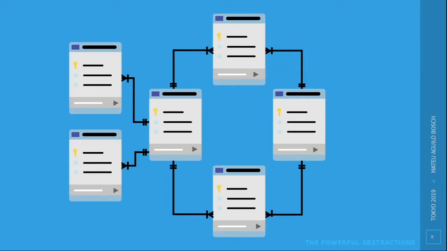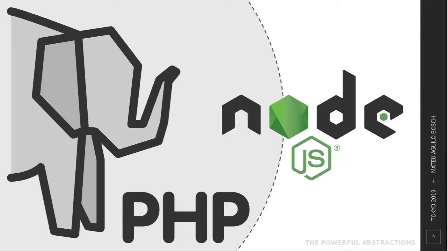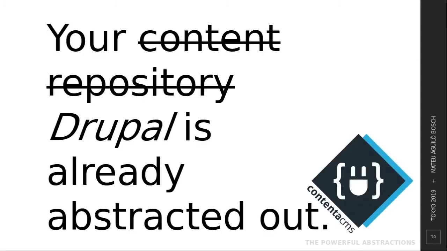So we keep building on abstractions, and what I want to achieve is to abstract this whole PHP so we can just do some Node.js, right? And that's on the backend part. On the front-end part, you can do what you want. Some will advise you to use Elm. Some will advise you to use something else. But in the backend, that's what I would like, to have PHP abstracted out, right? Because that makes my life easier. And in a sense, that's